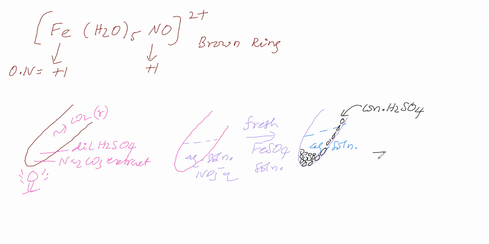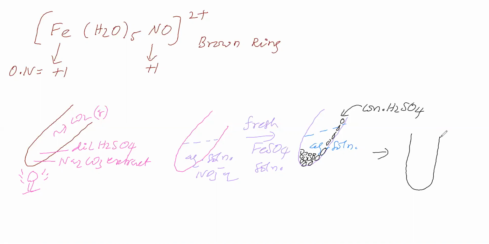So a reaction is taking place. After the reaction, a brown ring will be formed. Before adding concentrated sulfuric acid, keep the test tube inclined, then add concentrated sulfuric acid. The reaction will be possible, then the brown ring is formed. After formation of the brown ring, keep the test tube straight. While adding concentrated sulfuric acid, the test tube should be inclined.